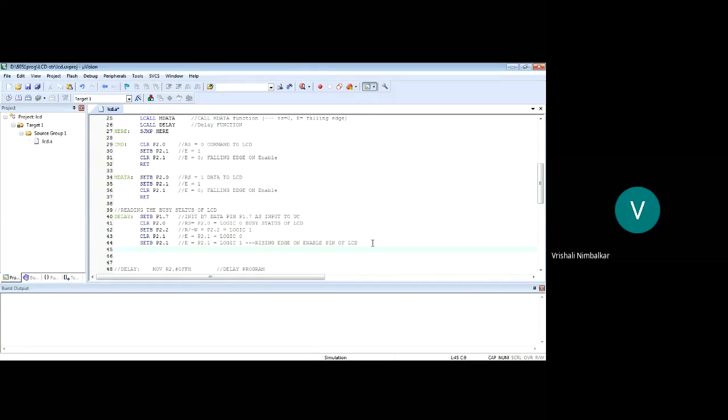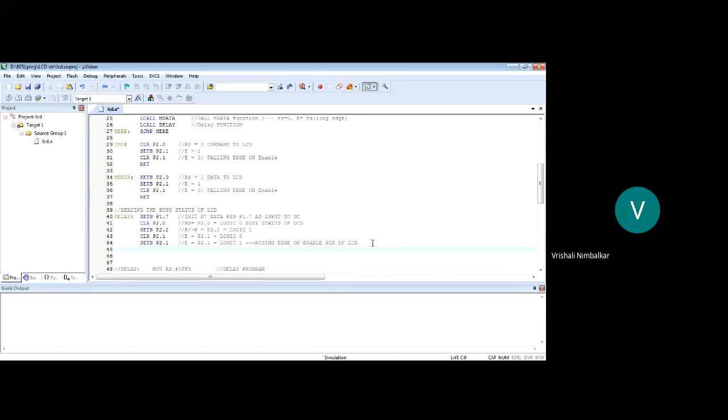Read the D7 pin. If the D7 bit is set, correct? If the D7 bit is set, we should keep on waiting because LCD is busy. But if the D7th bit is 0, it means LCD has finished initialization, send the next command word. So there is an if else condition. If the D7 is 1, do something. If the D7 is 0, go back to the main program. Is that okay? So it means if the bit is set, we should loop, we should wait there. So if else means it's a jump instruction. Whenever there is an if else condition, I need to write a jump instruction.